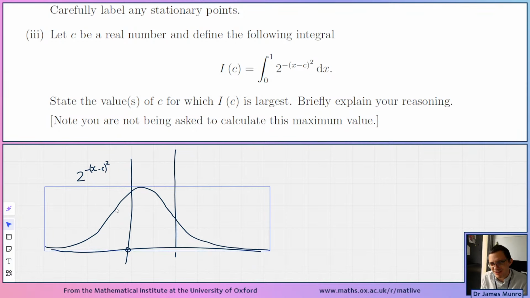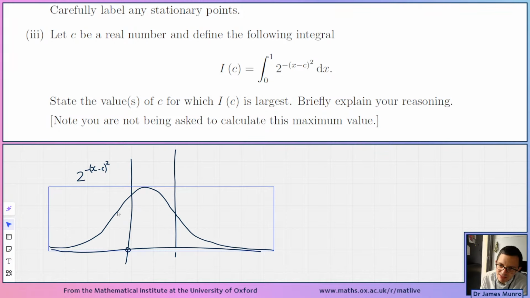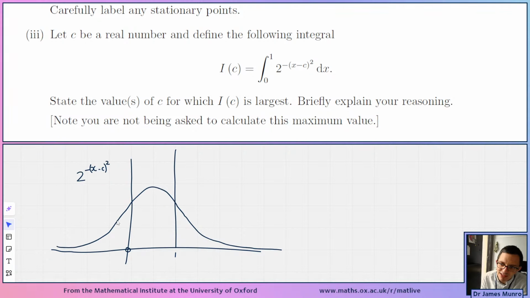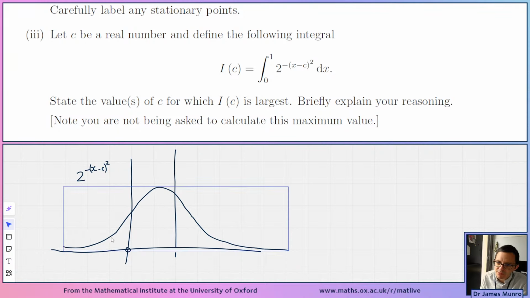As you move it to the right, do you feel like you're gaining more on the right than you're losing on the left, because you see the value on the left is going down, so I've got less stuff over here than I did a moment ago as I shunted right, but I'm gaining stuff over there. And of course there's a nice symmetric way to arrange this. Yeah, so it feels like surely it's when c is 1/2, because